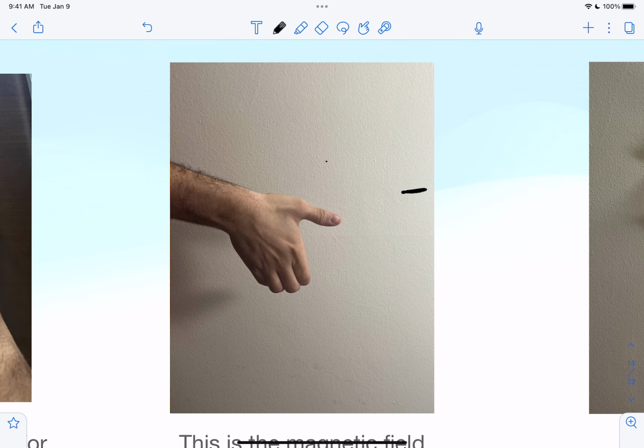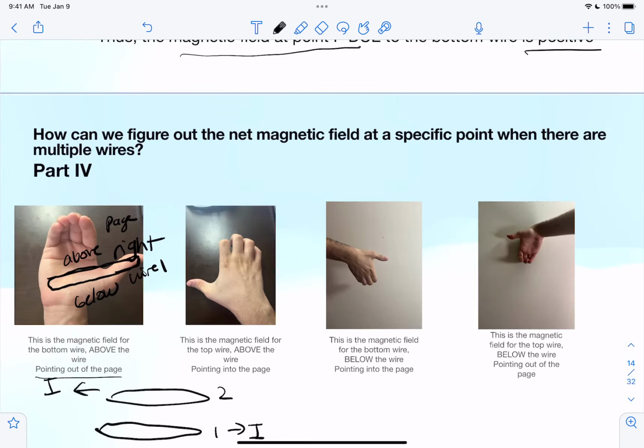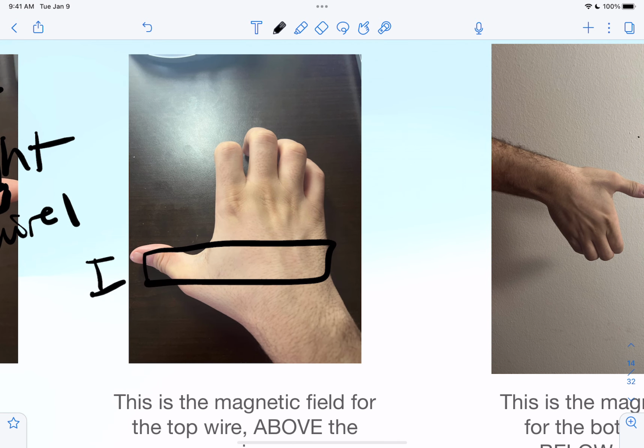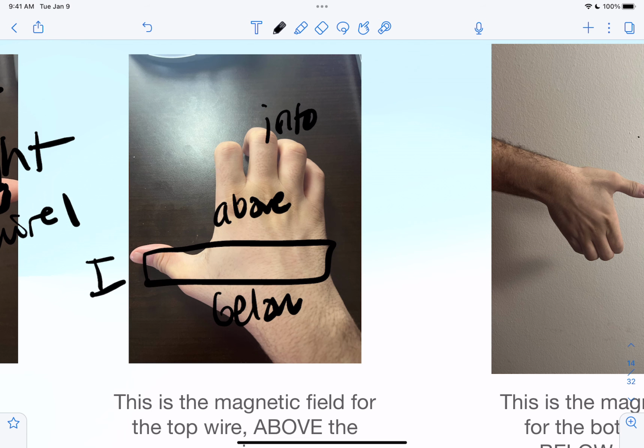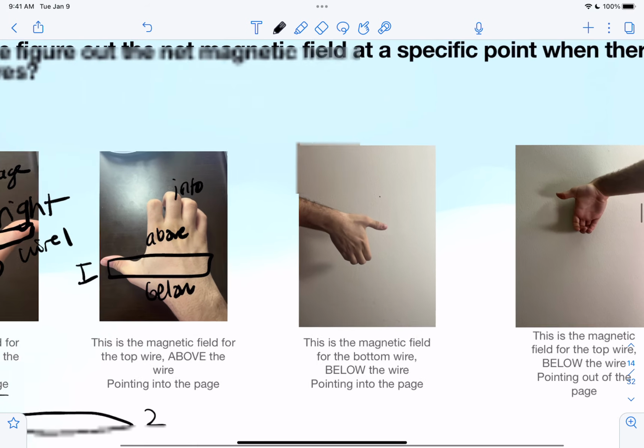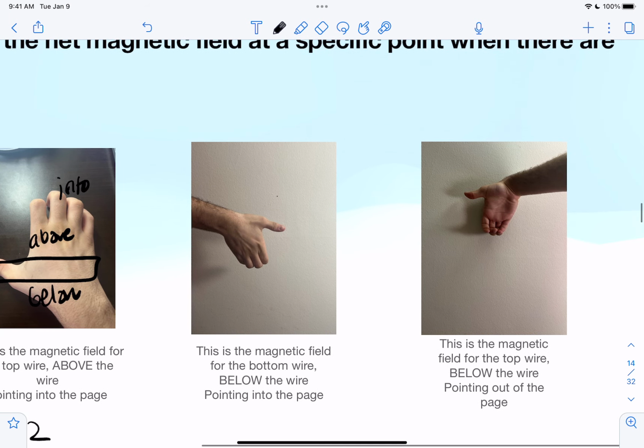If we did it for the upper wire as well, the upper wire is pointing to the left, so you have current, there's my thumb wire axis right there. This is above and this is below the wire. You can see that my fingers would try to curl into the desk. So this is into the page. They're trying to curl into the desk, into the page, into the wall, right? But as soon as I try to curl my fingers downwards,